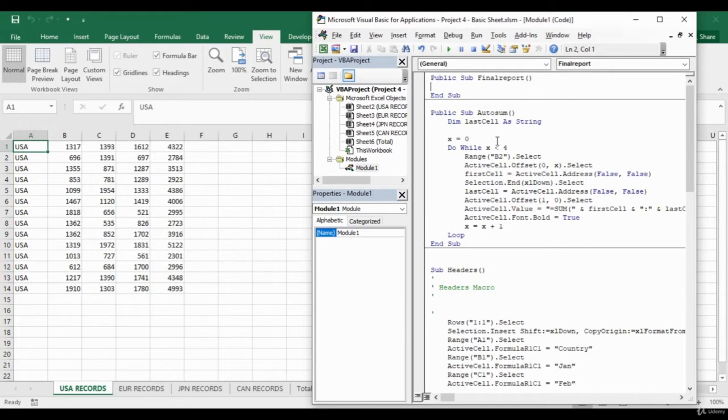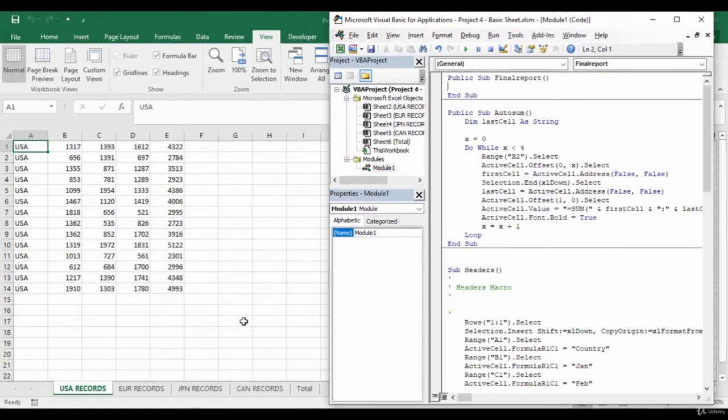Before going to the coding part, I'll explain what you would do if you want to create a similar record. First you create a header, then you create the formatting, and then create auto sum. After doing that, you copy all the data and paste it. These are the exact same steps we are going to follow here. But before that, you have to create a loop. Then only you can do all those steps.